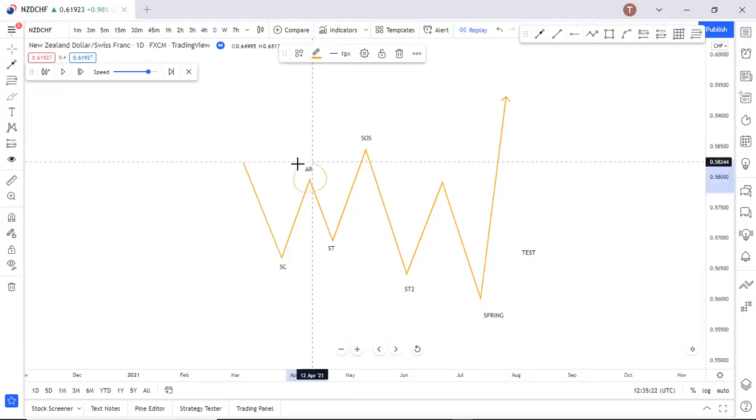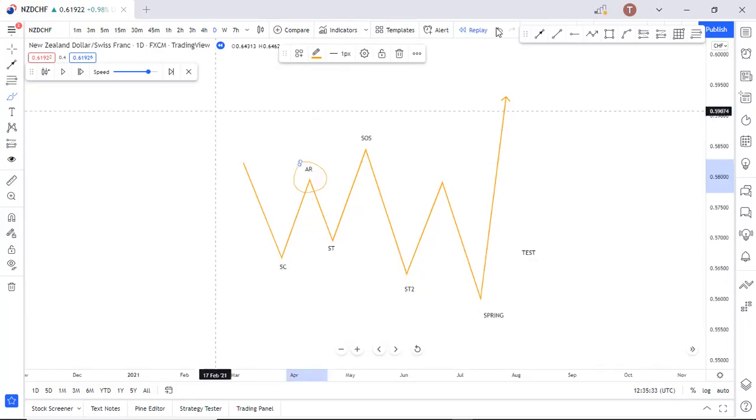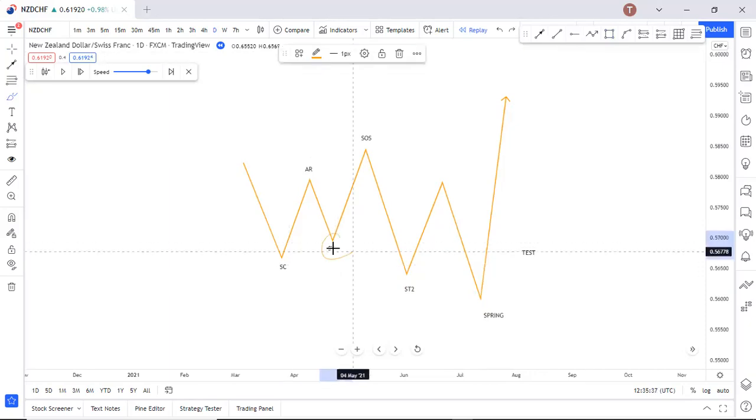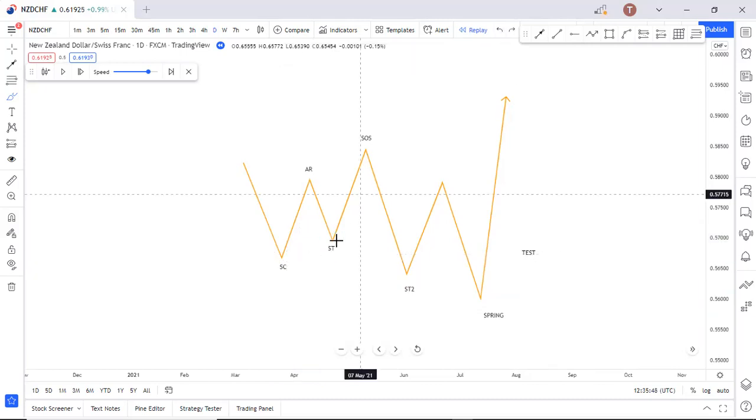automatic rally, that is a sudden push up after reaching this climax in the market. The selling climax gives the automatic rally. Then the automatic rally goes to retest this selling climax, the secondary test. Okay, this secondary test comes back to test the selling climax. So this ST later moves up and gives what we call the sign of strength,